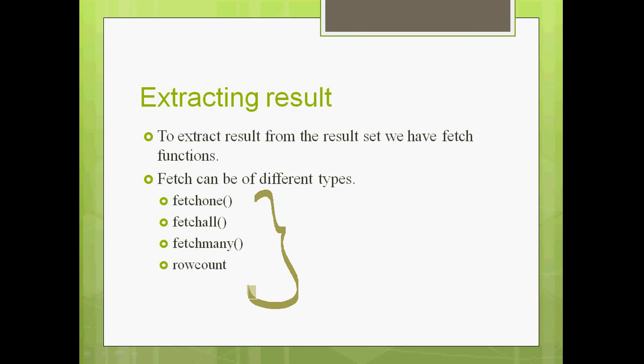So it depends. These are the different types of fetch that you can do, or some other statement that you can use just to count the number of rows returned by the query. fetchone fetches row by row. You can fetch the first row, then go to the next row, fetch it, until it finishes every record retrieved by the query. fetchall means at the same time you are fetching every row that has been retrieved after the select statement.